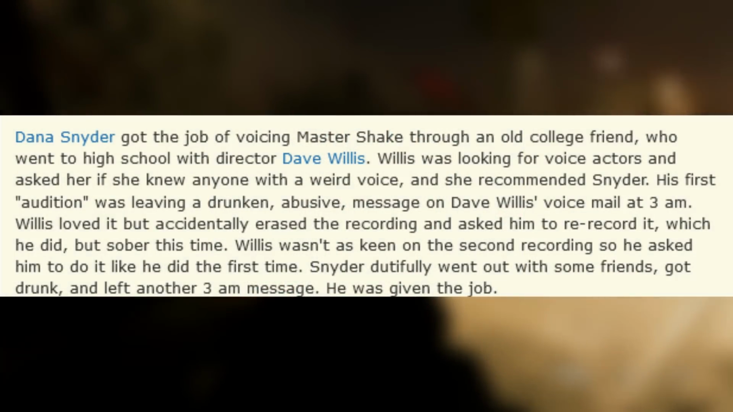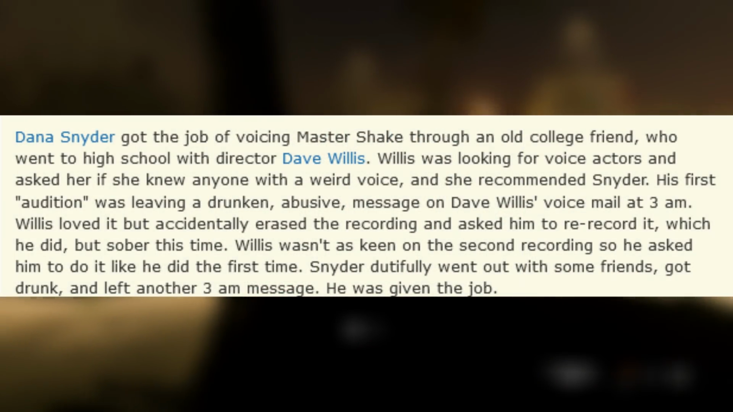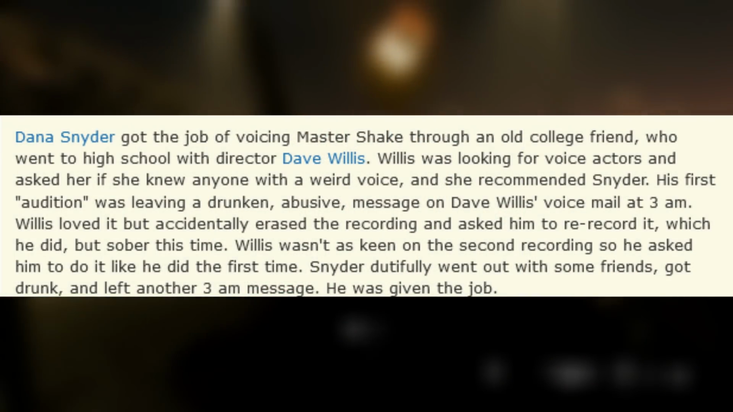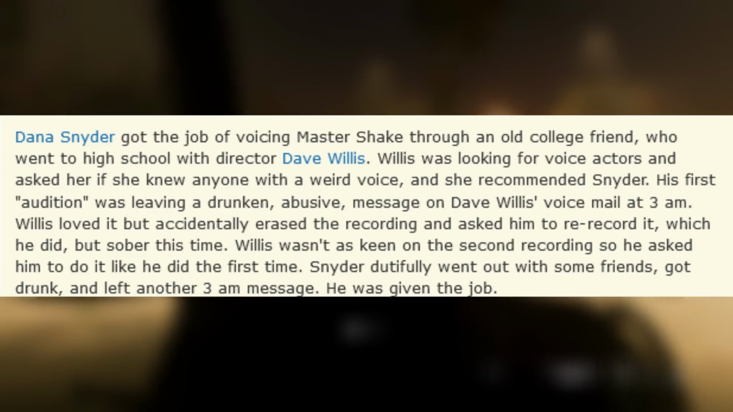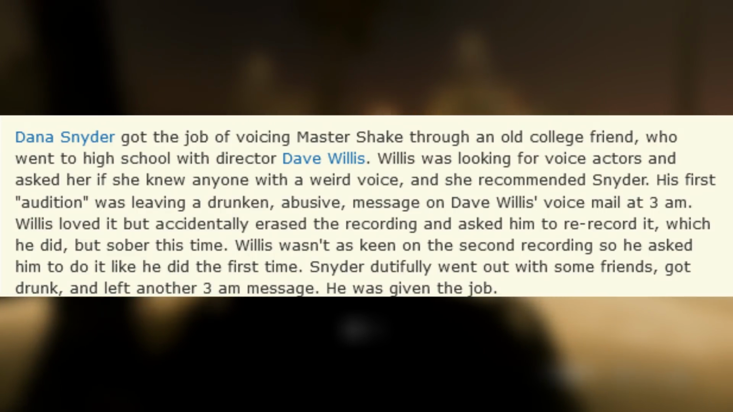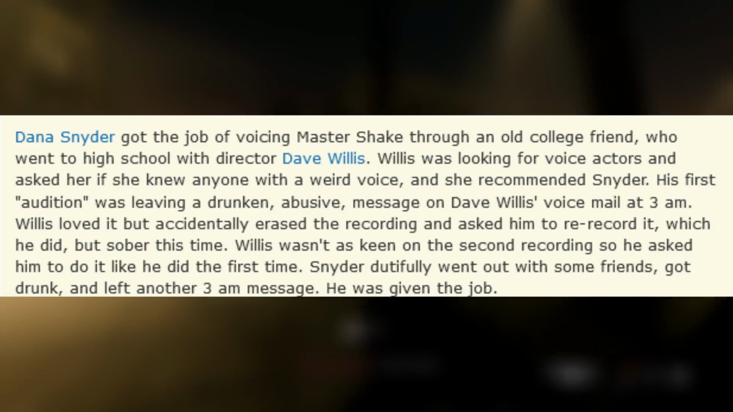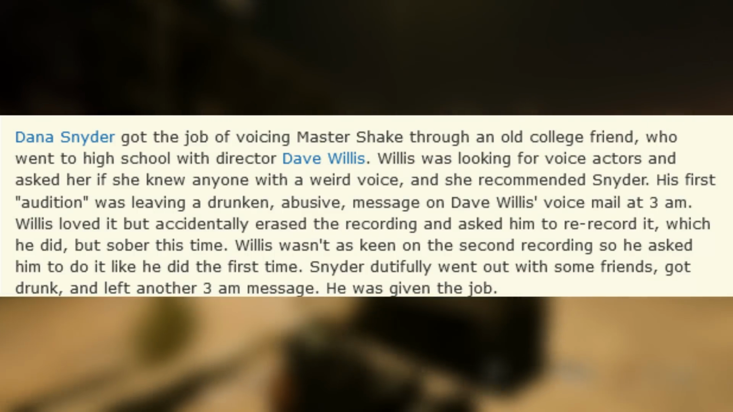Dana Snyder got the job of voicing Master Shake through an old college friend who went to high school with director Dave Willis. Willis was looking for voice actors and asked her if she knew anyone with a weird voice, and she recommended Snyder. His first audition, in quotes, was leaving a drunken, abusive message on Dave Willis's voicemail at 3 a.m. Willis loved it, but accidentally erased the recording and asked him to re-record it, which he did, but